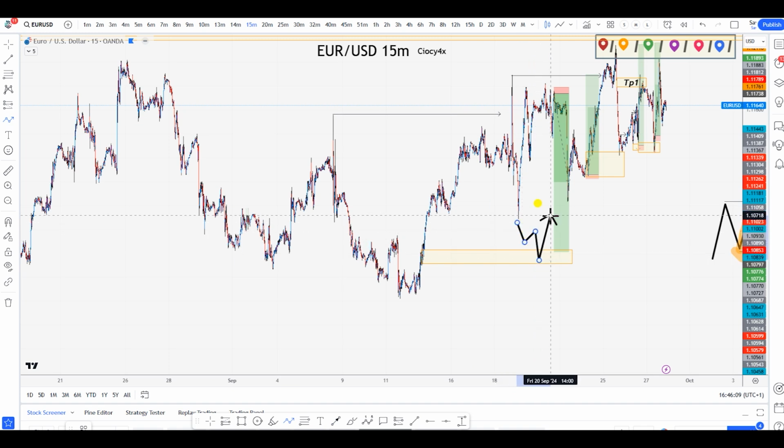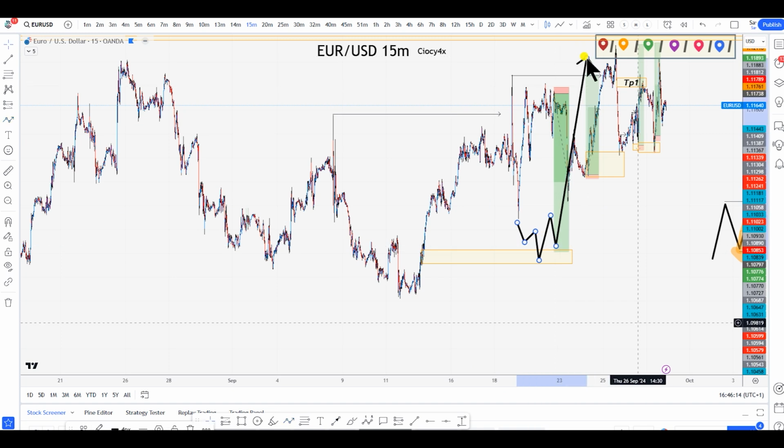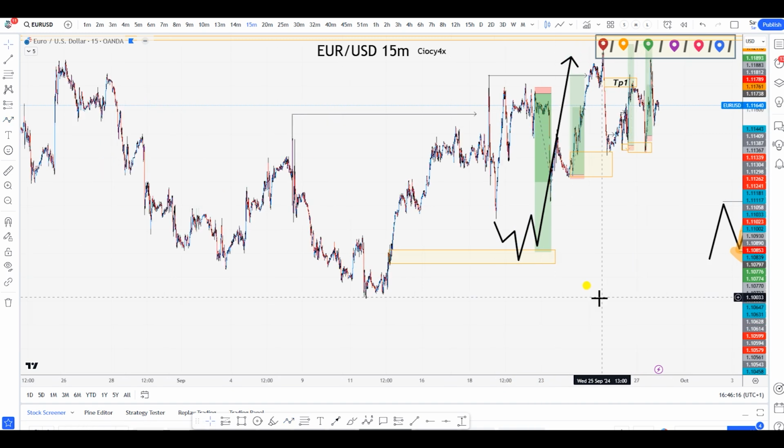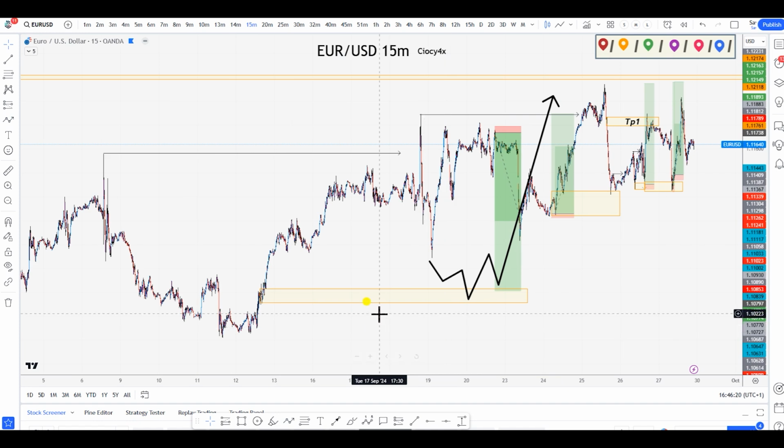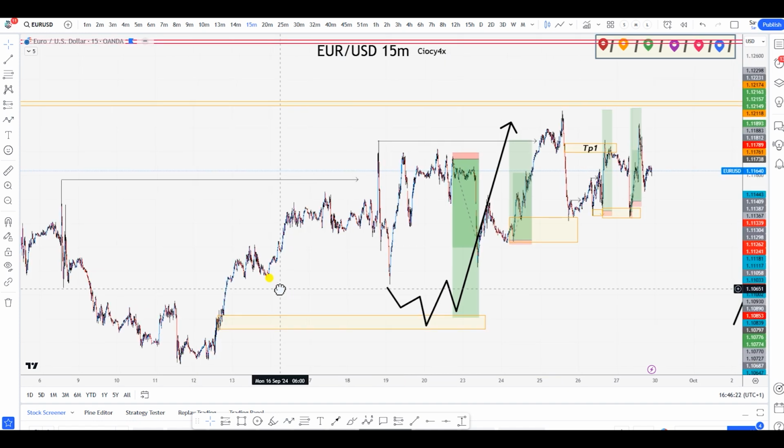And then from there, I would have waited for here. And guess what? I would have done it. Bam, all the way there. You guys see that? So this is very important because I see so many people getting stressed out taking a trade and going against something they should even be doing.